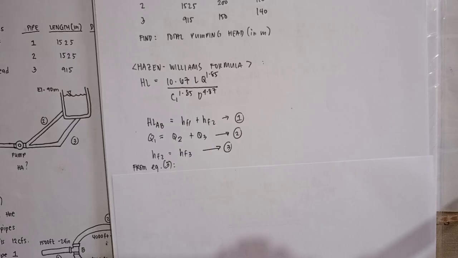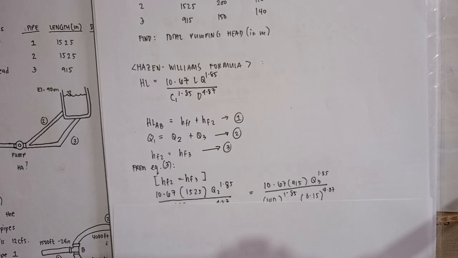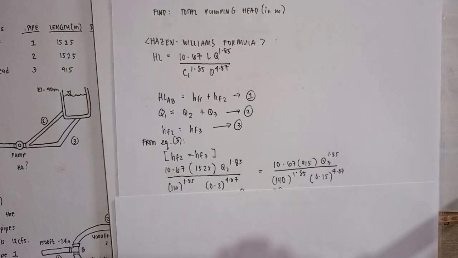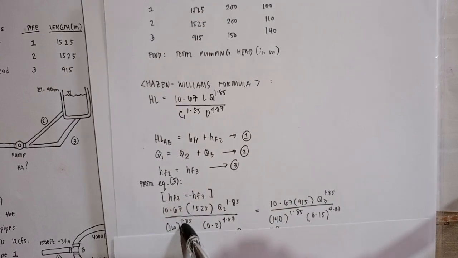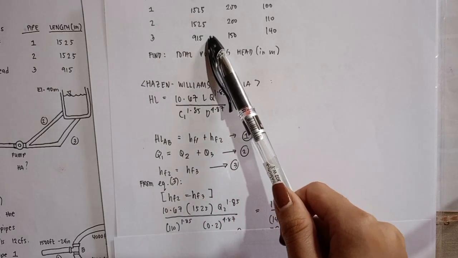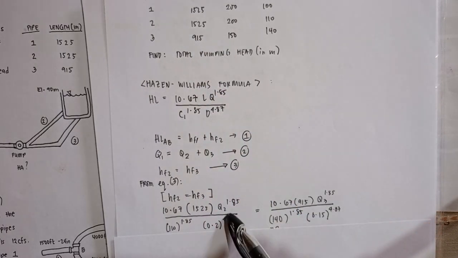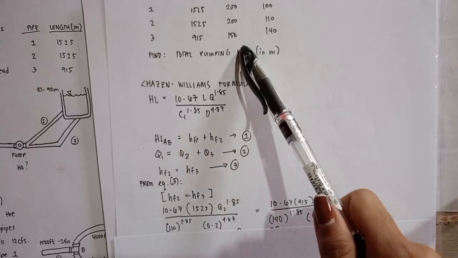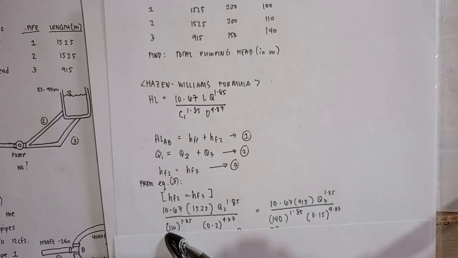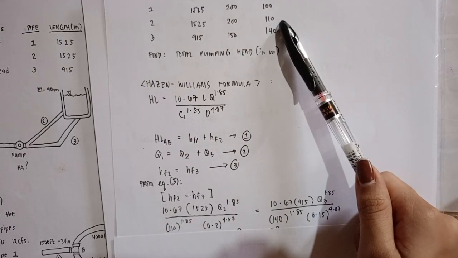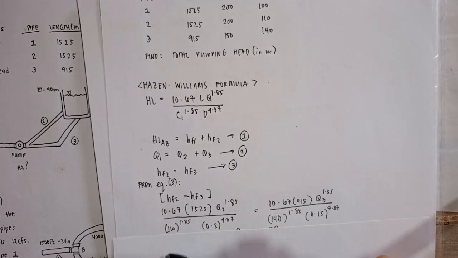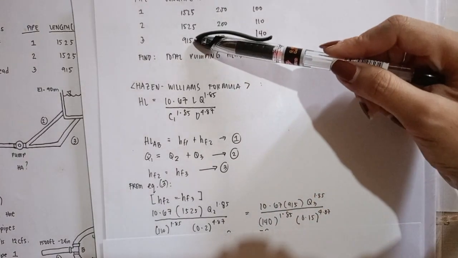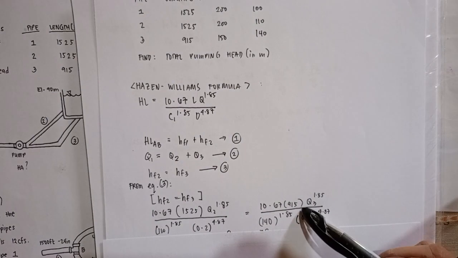Now let's try to solve our problem. From equation 3, HF2 is equal to HF3, we are going to simply substitute the given values of pipes 2 and 3 into the equation. So 10.67 times the length, which is 1525, times Q2, which is unknown, raised to the power of 1.85 over 110, the Hazen-Williams coefficient, raised to the power of 1.85 times 0.2 raised to the power of 4.87